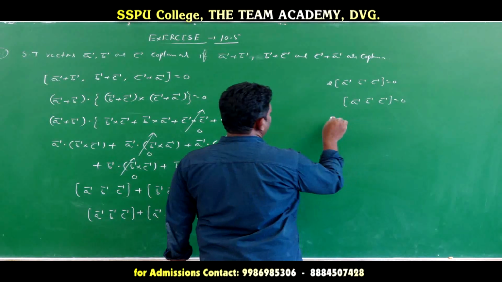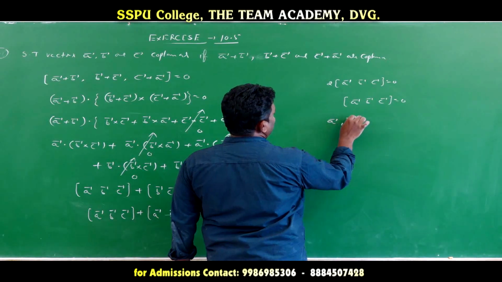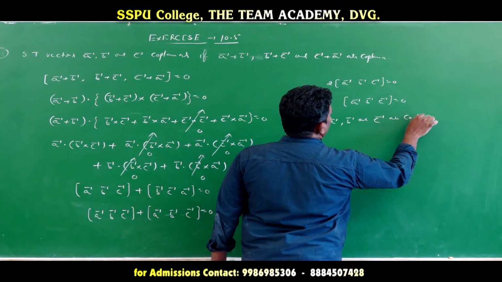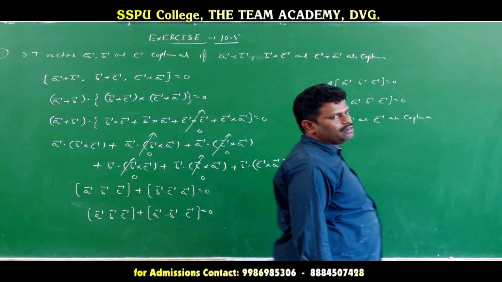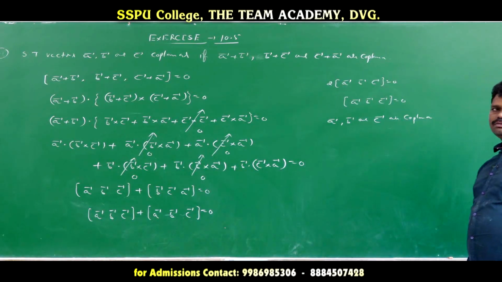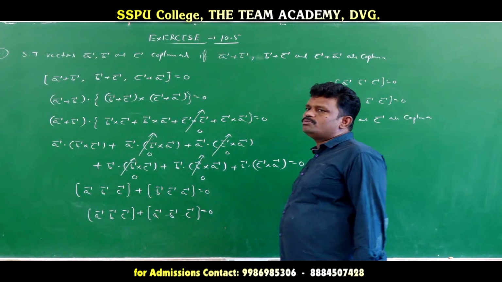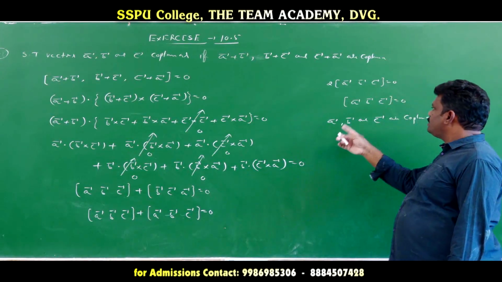Therefore here box value 0 means a bar, comma, b bar and c bar are coplanar vectors, okay? Otherwise already proved that this statement, this total value is equal to 2 into box of a bar, b bar, c bar, like that also if you take that value is equal